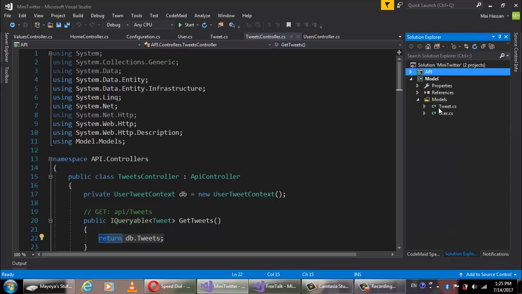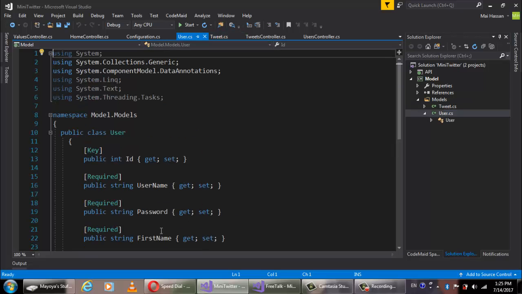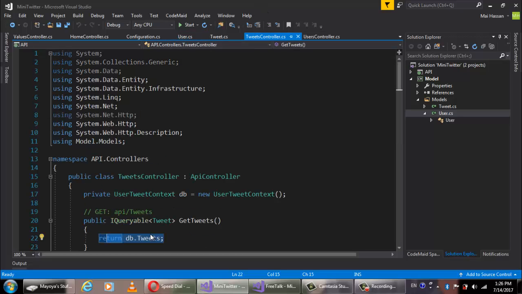If we check the tweet model, you can find that it will retrieve a list of tweets containing the contents, the type, the date, the user ID only. But we can't access the username, the first name, the last name. So we need to create a customized get tweet function that can retrieve a list of tweets plus the user